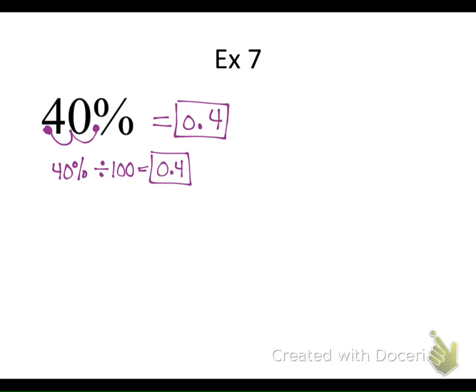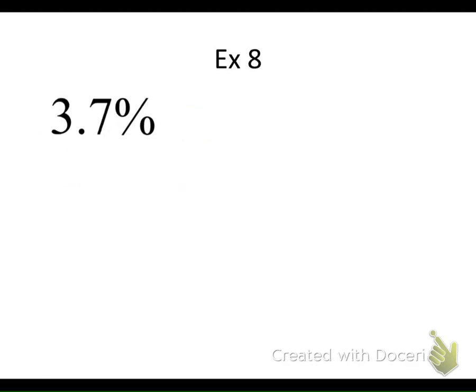Okay, let's take a look at example number 8. So now you have 3.7%. How do I change this percent to a decimal? Do it twice. Okay, you want to move the decimal twice? Which way, left or right? To the left. So I'm going to move my decimal to the left twice. The decimal point's already in this one, so I'm going to go 1, 2. What am I going to have to put in front of that 3? A 0. So when I go to rewrite my answer, I'm going to write 0.3